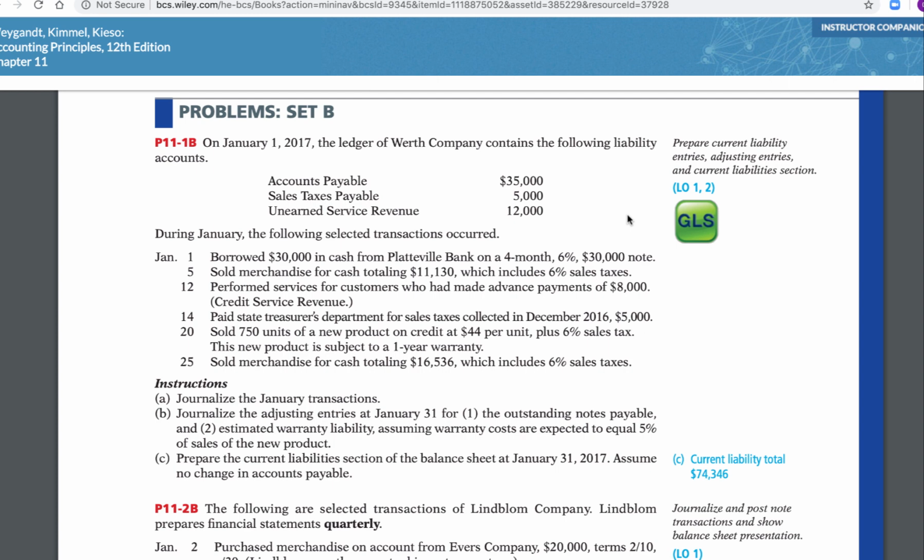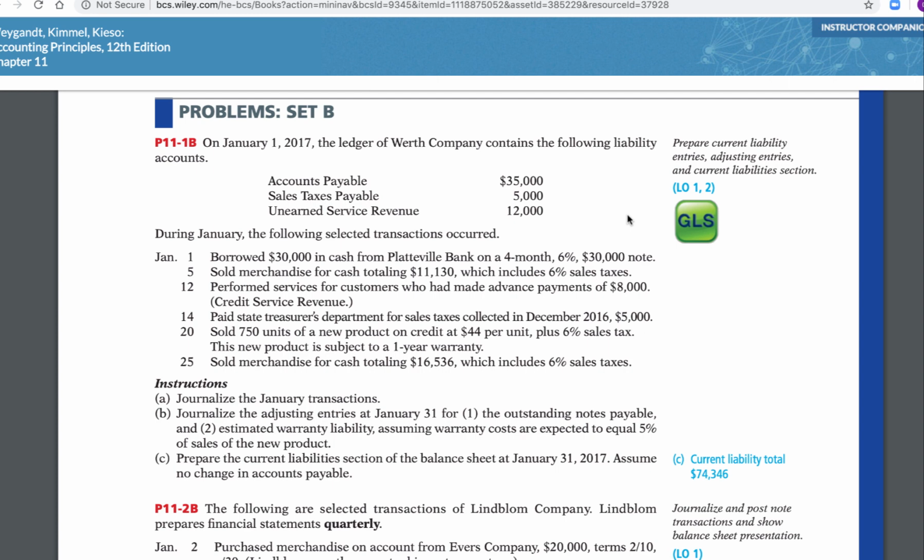So we just covered or finished Chapter 11 on Tuesday. We talked about accounting for liabilities as well as payroll accounting. So what I'm going to do here is go through the corresponding B problems. Now, I wrote these down, so we're going to get them right. So for your homework, you have to do problems